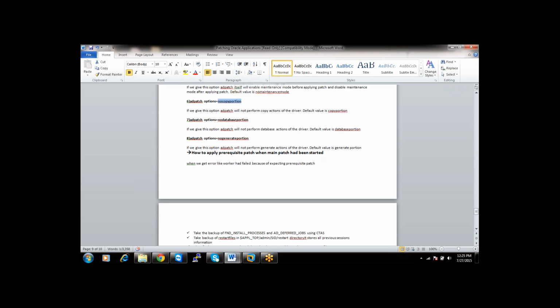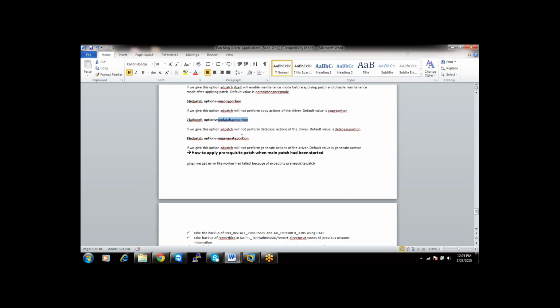So first is the copy portion, which copies the files to the applications. The second one is the database portion, where it will try to execute SQL statements. Let us assume your patch is bringing an SQL file called abc.pkb or abc.pks. It is executed when you are applying the patch in the internal node. And then the generate portion: it is bringing abc.fmx, which got generated. Now you are applying the patch in the external node. At the external node also you have to copy, right? It will copy the files.